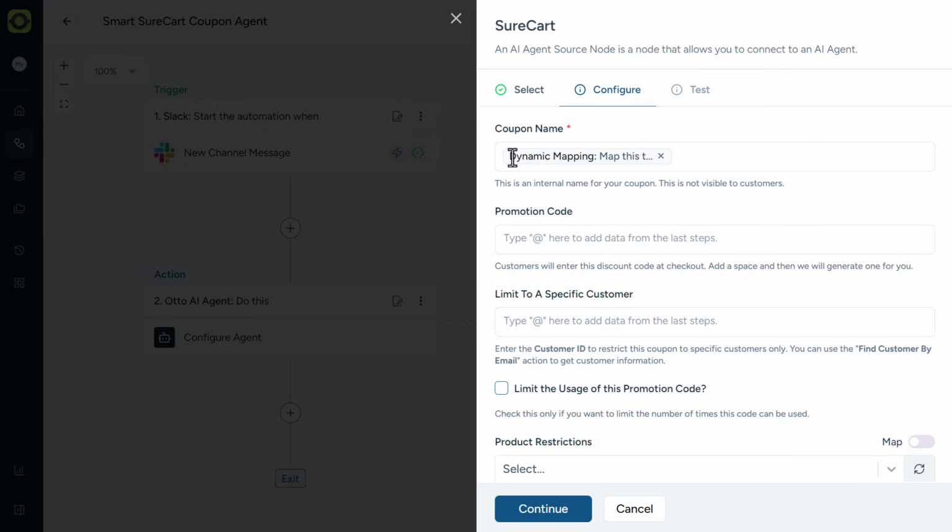Now here is where you see the dynamic mapping. So this dynamic mapping field is generated by your AI agent. So it's not a single field. It has a collection of multiple fields. So this field will be mapped automatically wherever any action is added in. So for example, in this case, the field coupon name is required in Shortcut. So that's why the AI agent has automatically mapped